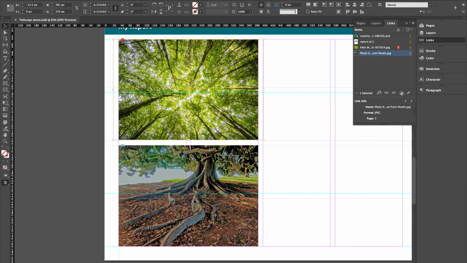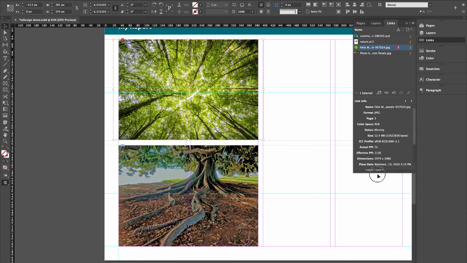The last thing down here is some info about the link. If I click on this, and I'm going to make this bigger here, you can see I've got a ton of information about this. What format is it originally? What resolution is it? You remember these images were really huge at 72 ppi, but when I shrank them